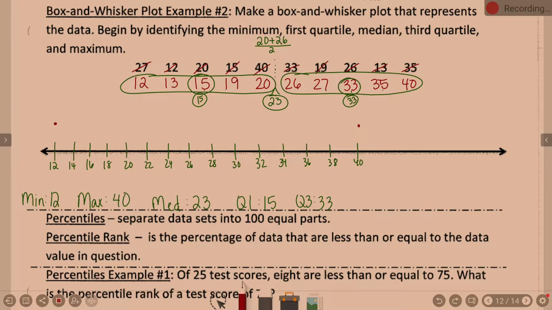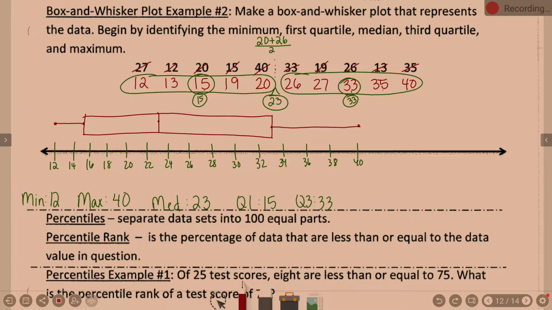Got dots at 12 and 40 for min and max, 23 for my median, Q1 is 15, Q3 is 33. Vertical lines for those middle 3, so you can connect them into a box. Very curvy box on my behalf, but